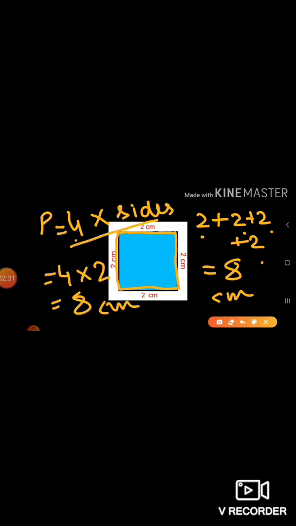Okay, before that, for adding like this, it is much easier to follow this formula. That means the perimeter of the square is equal to 4 into side, 4 times the side, because here the sides are always equal. So what is given here? 2 centimeter. So you have to consider the side as 2 centimeter. So what is the formula for perimeter of the square? 4 into side, which is equal to 4 into 2. So 4 2's are 8. So perimeter of the square is equal to 8 centimeter.